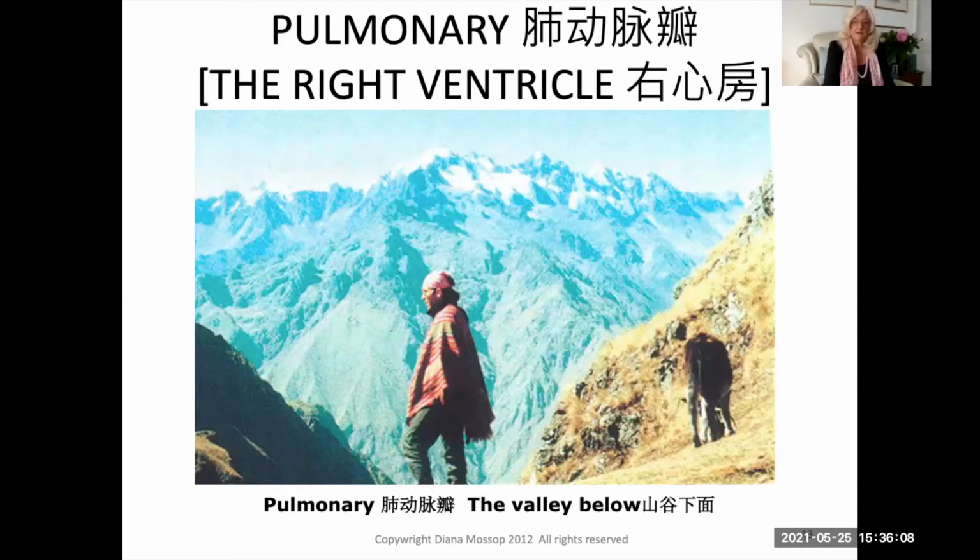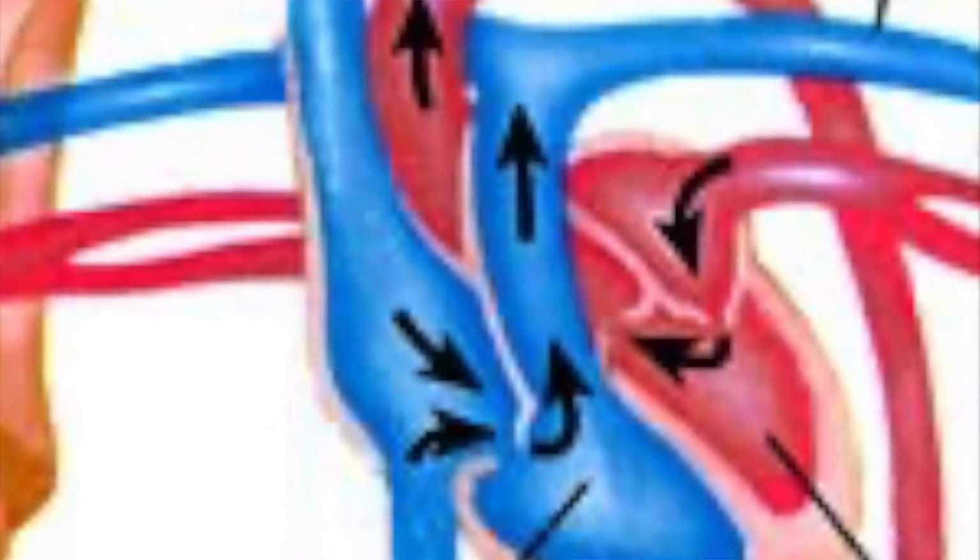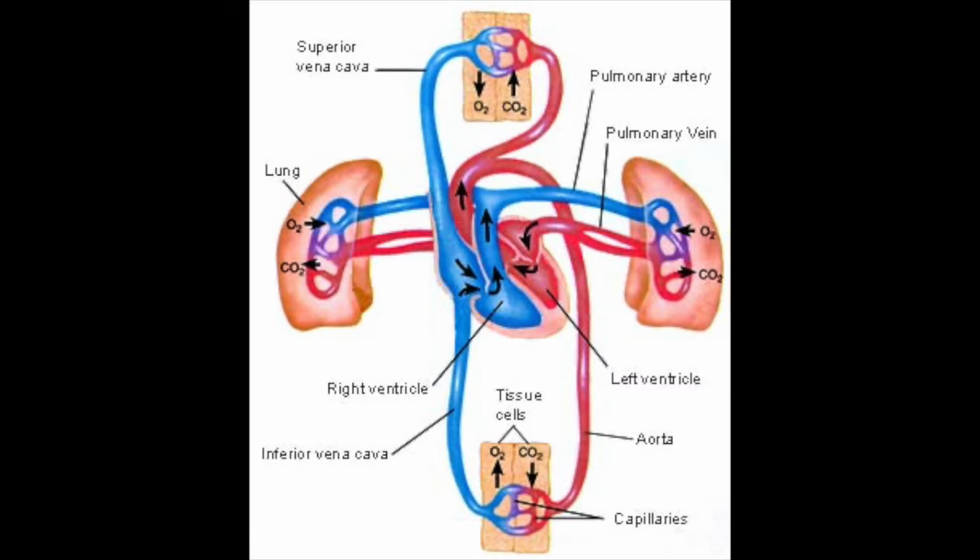I love this picture. I just want to stay there for a second because the pulmonary constitution is in the valley with the mountains above. And this is rather fascinating because the mountains represent the constitution of the tricuspid, the father. And so the pulmonary constitution is always looking up towards the father constitution. And so interestingly enough, when we look at the pulmonary constitution, we are very fascinated by this concept that it is a right-sided, right heart constitution. This constitution is tied up with the organs of the breathing, obviously the pulmonary valve leading directly into the lungs.